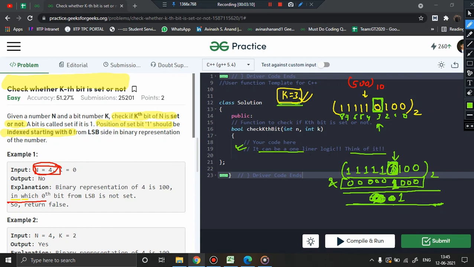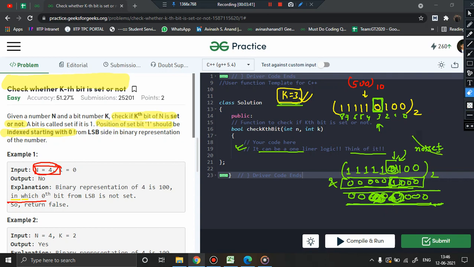right? In very simple words, don't make it complicated. Suppose this bit is 0. If I want to check whether this bit is set or not, I will just do bitwise AND. And now what will happen? All these bit positions will have 0. This will also have 0. What about this position? Here 0 and 1 will give you 0. And you see the entire value is 0, which clearly indicates that this bit was not set, right? What if this bit was set?